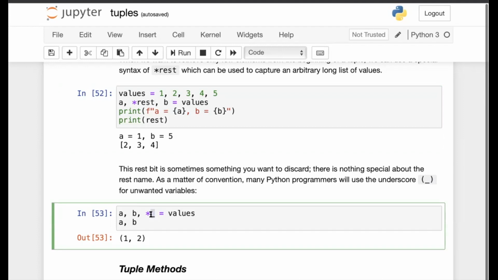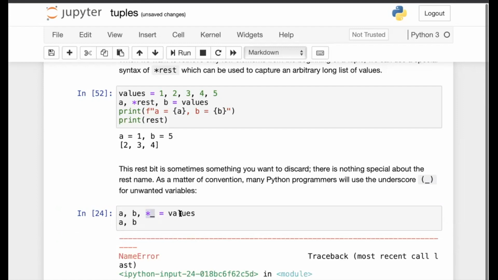Python would not assign them to any variable and they just go into empty space, you could say. So here, these values are still there inside the tuple values. A and B get the first two values and the remaining three values are assigned to the underscore, which means we are not concerned about them.